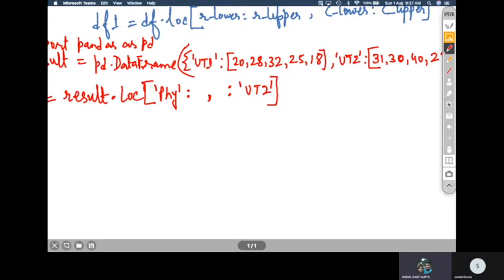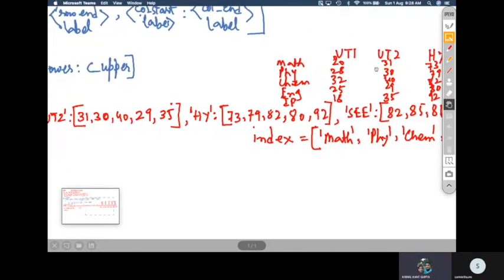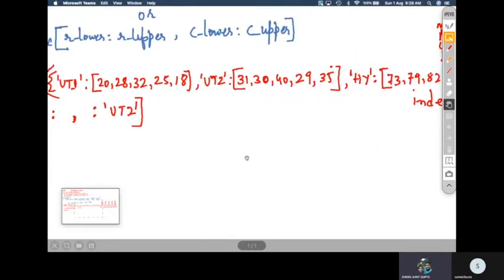If I print x, what output will x give us? This particular thing is our data frame. And I have written what? I have written physics colon in loc. Now you can just match this line with the syntax given. Here the start row label is physics.